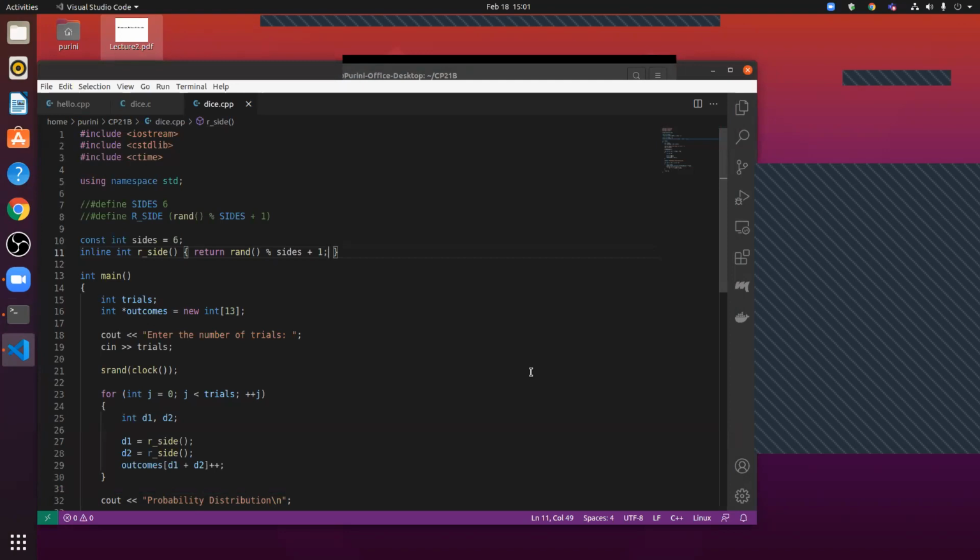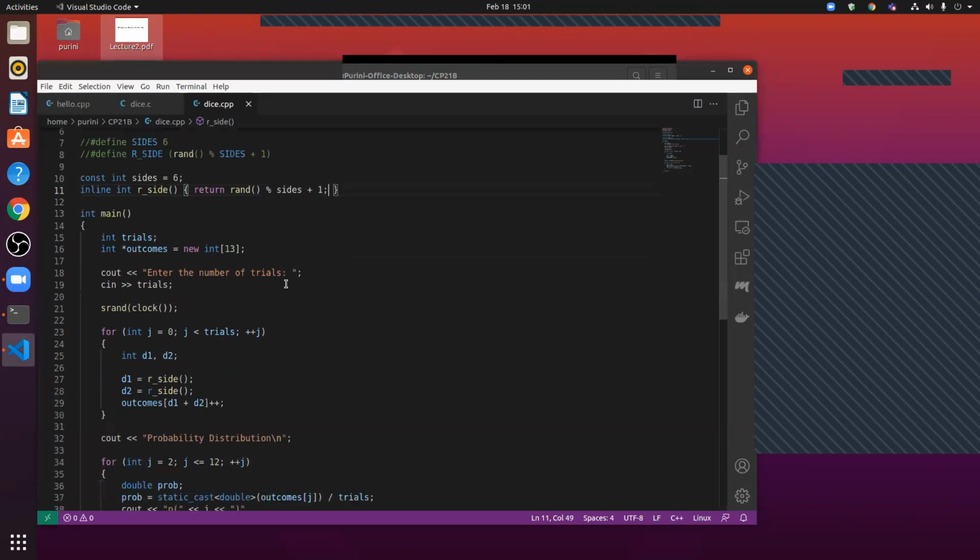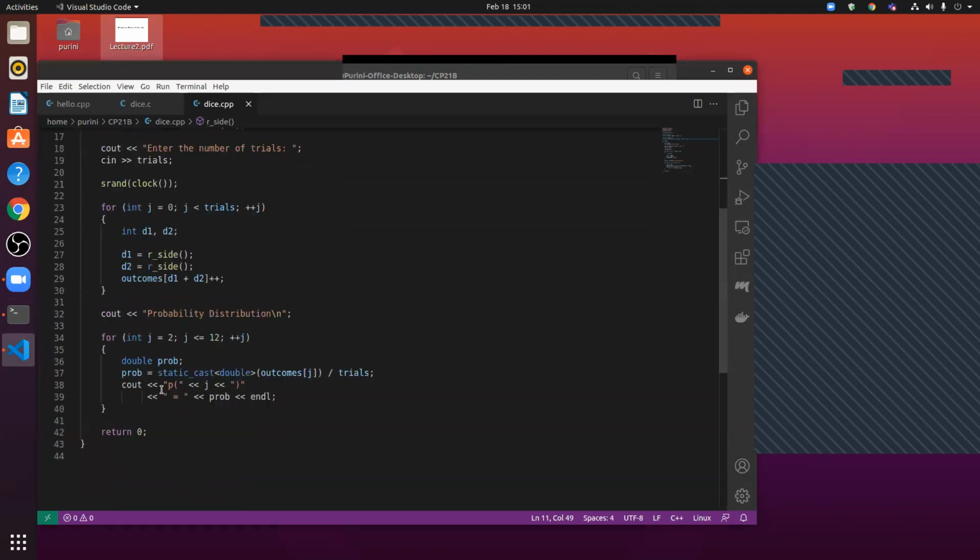The important thing in this one: we just did cout. No, we wanted to print p of p left parenthesis, followed by that we want to print j. So you just look at the cout a bit more carefully. That's all. I did not use delete because we are exiting from the program.